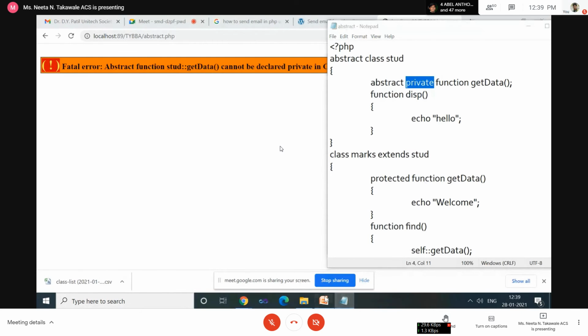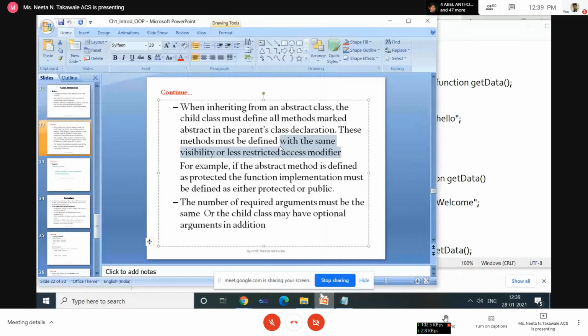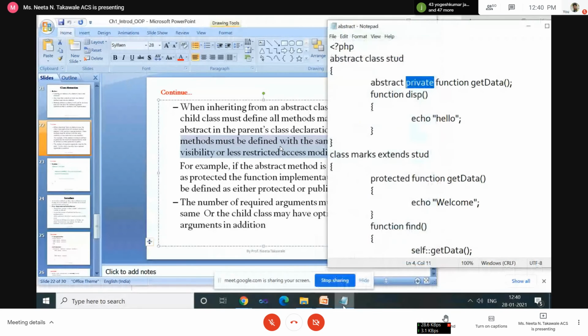Okay. So, clear about the fourth rule? Yes. Okay, now we'll see the number of required arguments must be the same, or may have optional arguments in the child class. So here,